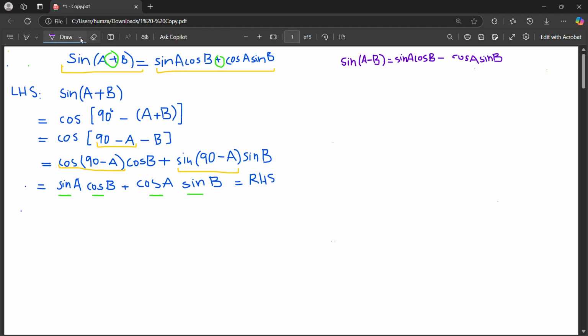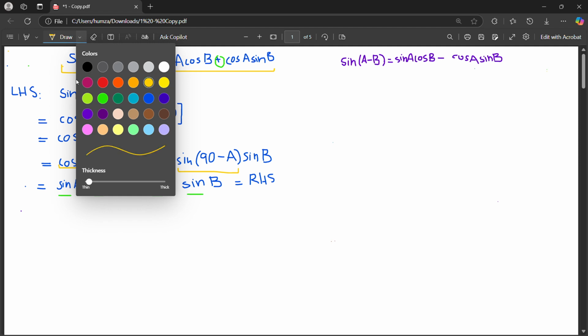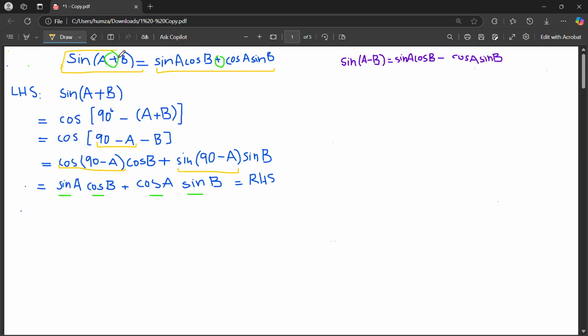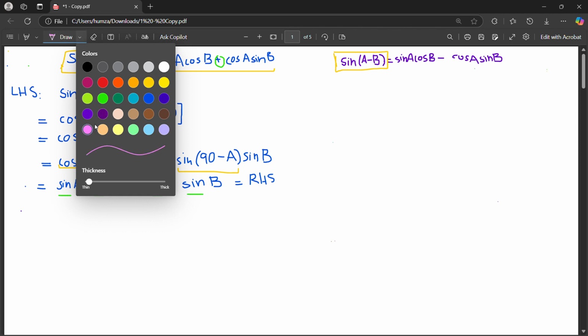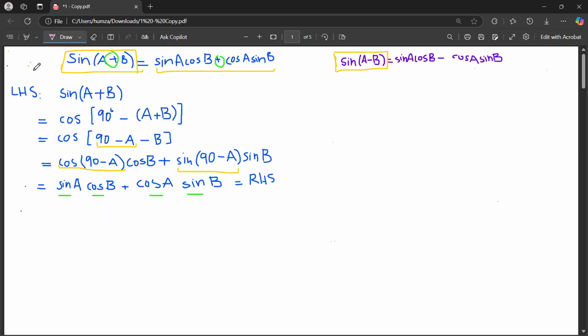So the first one we were looking at was your sin A plus B. Now sin A minus B. So this is another type of compound angle we are looking at. Now let's prove this. Again, take the left hand side, and left hand side says